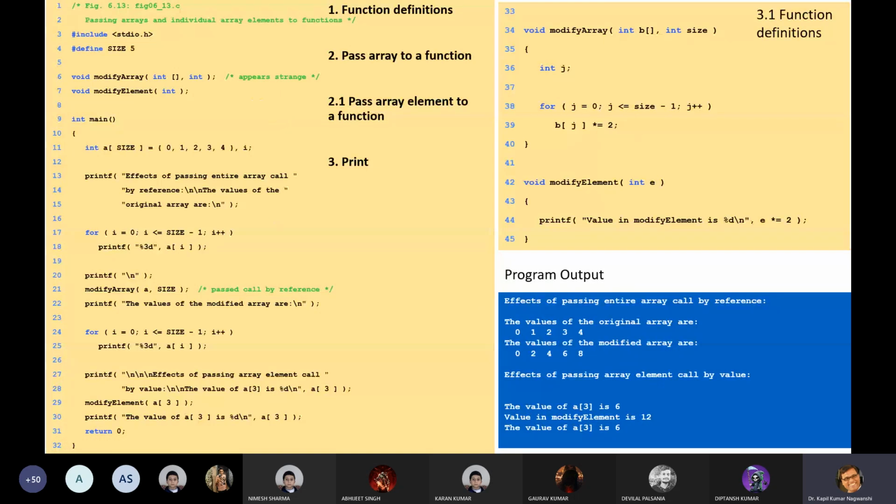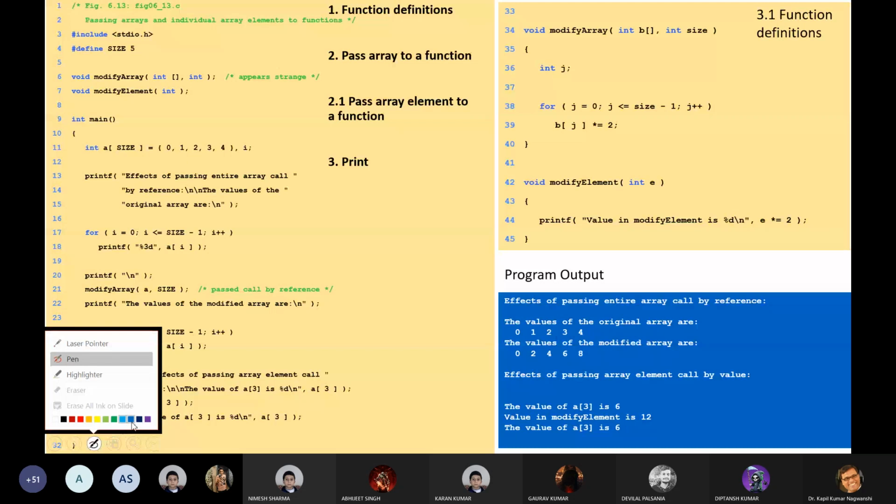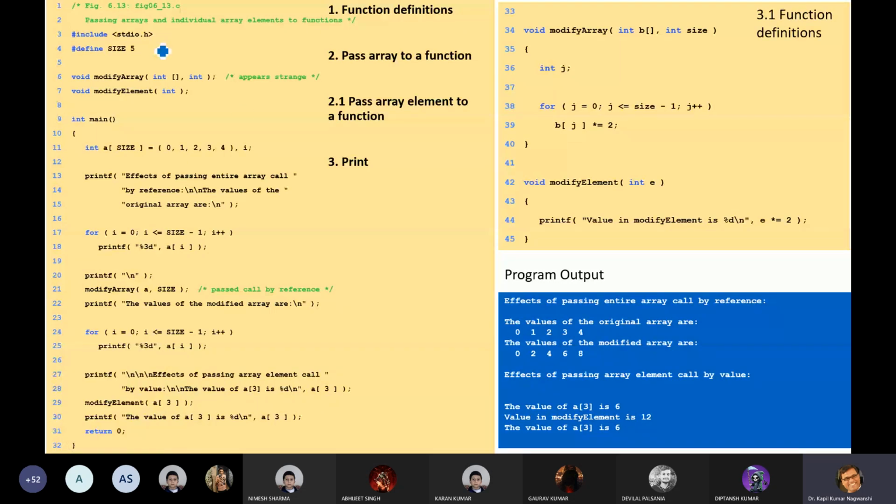Now let us discuss each and every line of this program. It makes the main function aware that all these kinds of functions will be coming in future. Let us now concentrate on this.